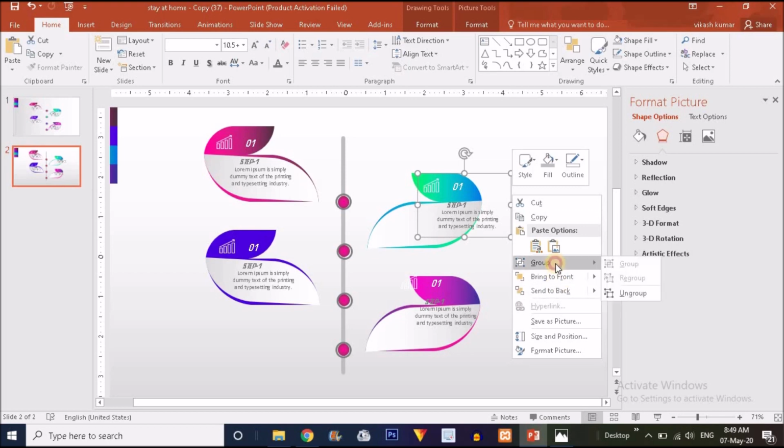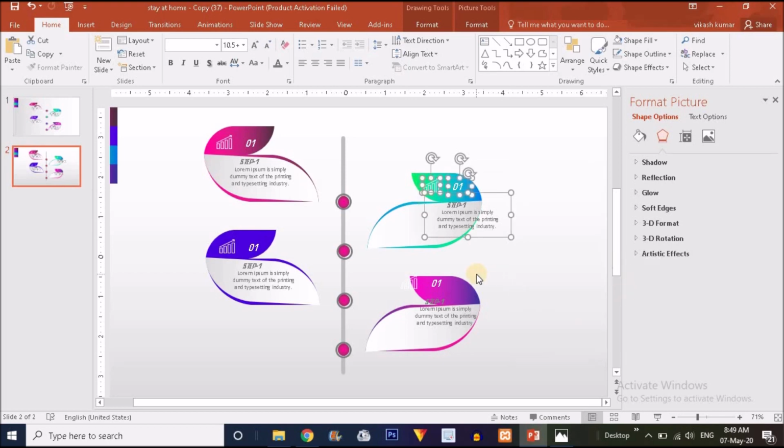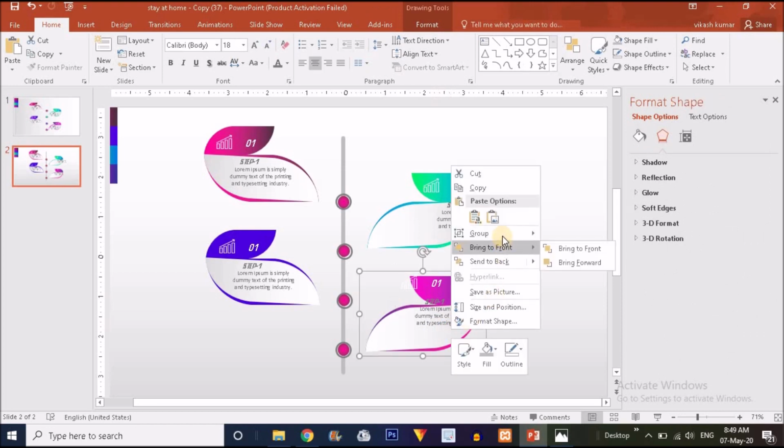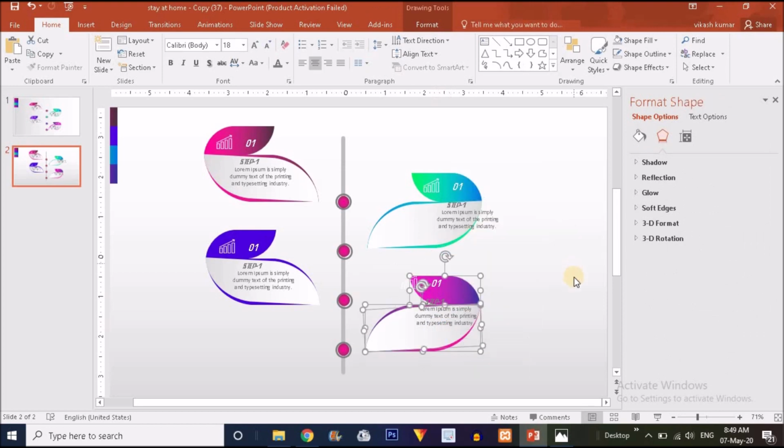Make it ungroup. Just right click and ungroup. Sorry.